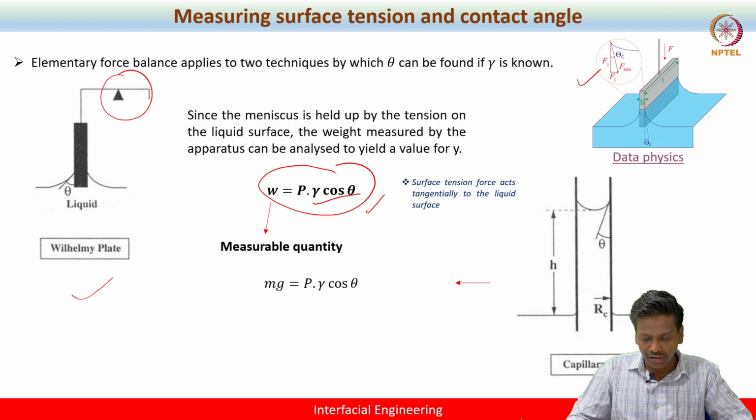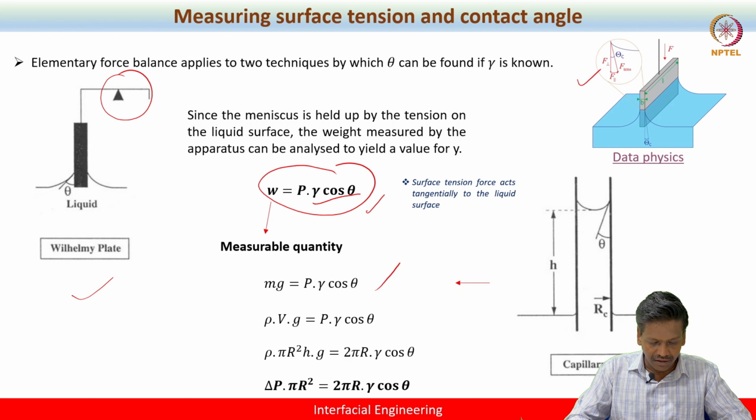On the other hand, we can also easily understand capillary rise using the same principle. We do the same force balance in this case as well. What is different in this case is simply that the perimeter is not rectangular anymore. Since it is a capillary tube, the perimeter along the line of contact where the surface tension acts is different, which is nothing but 2 pi r in this case. That is the only change here.